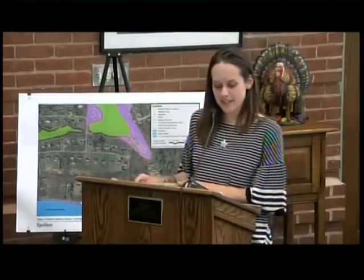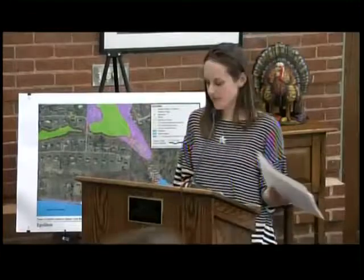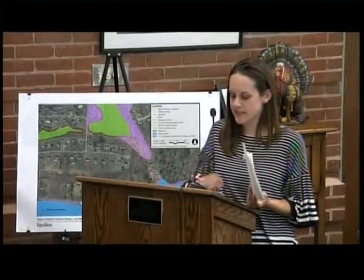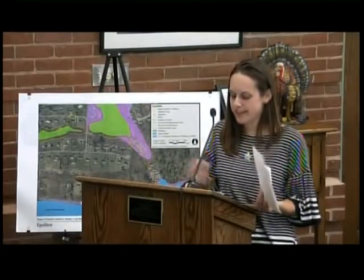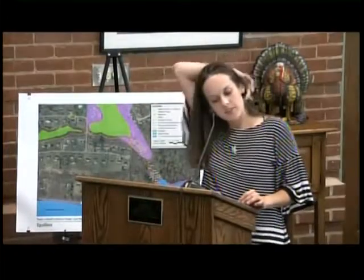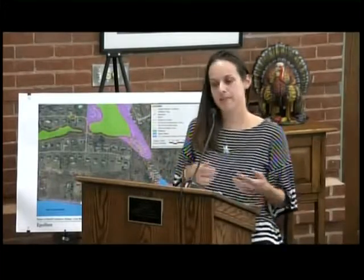So just a little bit of housekeeping. I have the proof of mailing to abutters. And the northern part of one of these repair locations is actually in mapped Natural Heritage habitat. So I also have a proof of mailing to Natural Heritage. But there's no DEP file number yet, and Natural Heritage we haven't received comment from them, so we're still waiting